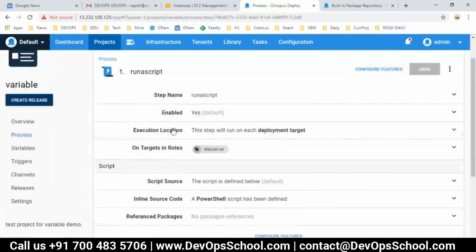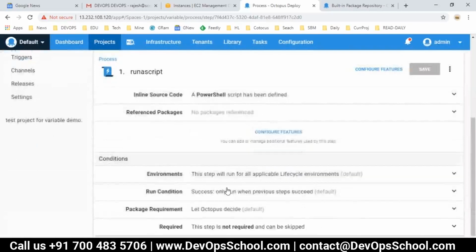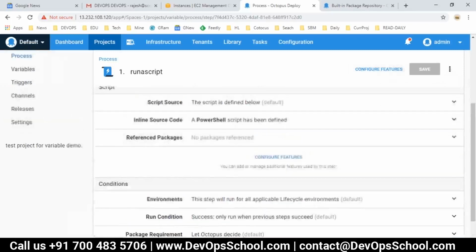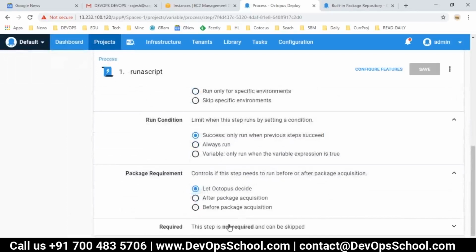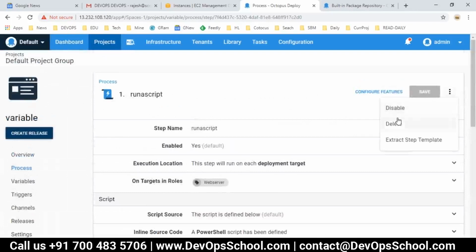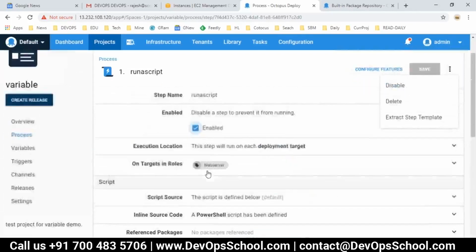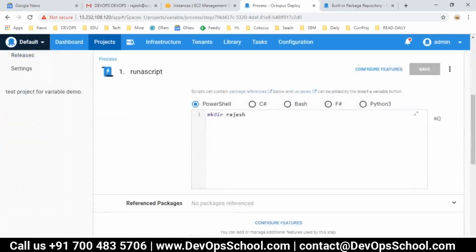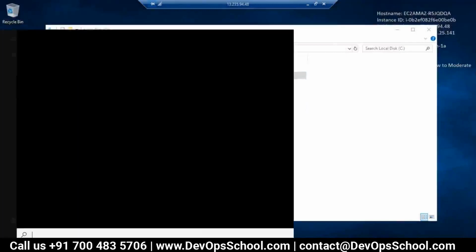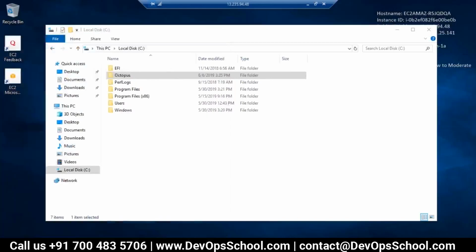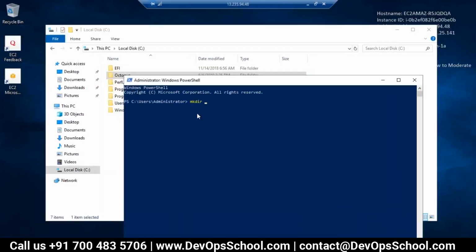Now deployment target here, script PowerShell has been defined and run condition, and let's configure environment. Somewhere the cleanup is happening. So I'll do one thing just to make it different. Here I will do mkdir say